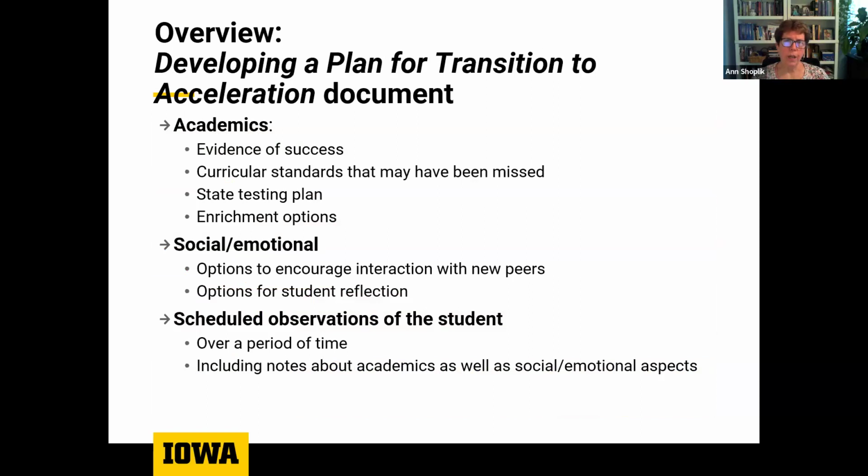So we did develop a document that is a fillable form that you can use on the website, and then you can save it and print it out, or save it digitally, whatever you want to do. As we're thinking about the different aspects of the student's development and readiness for acceleration. So this is all for the transition planning. So thinking about their academic area, social emotional, and then having scheduled observations of the student. And a lot of time in terms of who's doing those observations, it's often that facilitator who facilitated the process. That person might be the TAG teacher or the TAG coordinator,